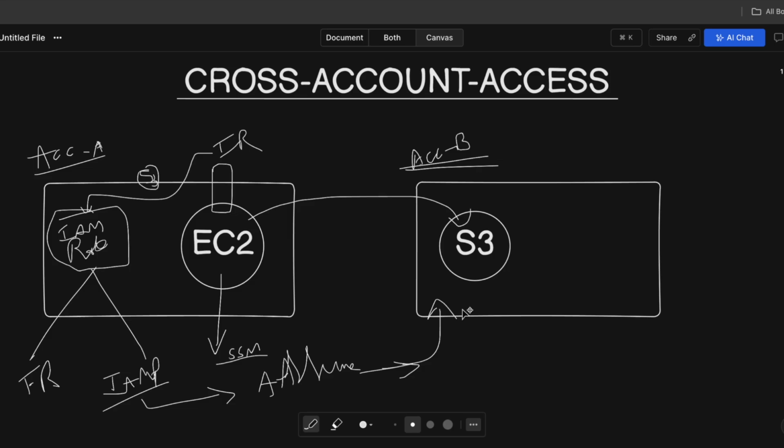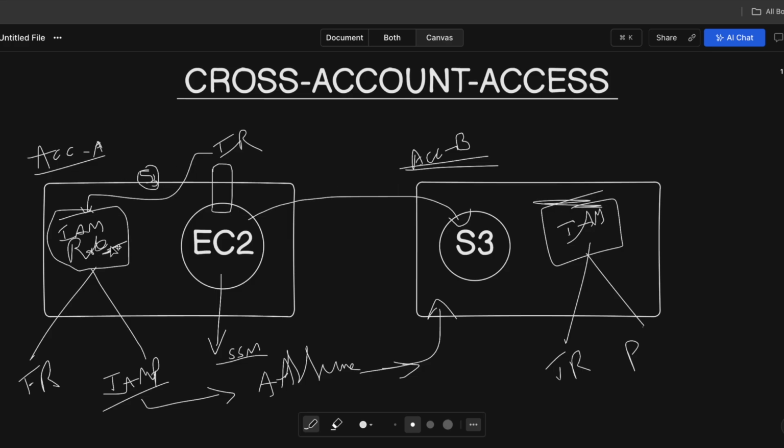Now coming to the other side, the destination side, here we require one more IAM role. Okay, one more IAM role. This IAM role will again contain a trust policy and permissions, right? A trust policy and a permission policy. So now in the trust policy, since it is the destination, what should it trust? A different account's IAM role, right? We are sending a request from this IAM role to this account's IAM. So this is the role in account B